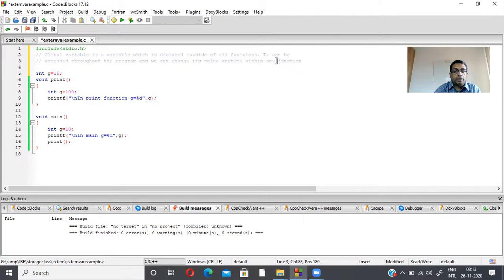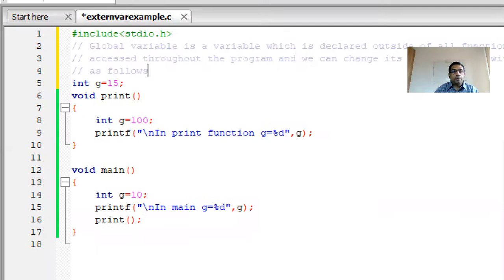When you change it, or redeclare it as a local variable, the value of the local variable will exist. So we can do this anytime within any function. As I discussed, by position this variable belongs to the external storage class because it's a global variable. It's accessible to all the functions, but when we declare a local variable with the name of the global variable, within the function scope the local variable will be alive.